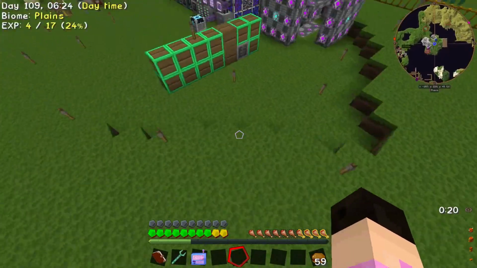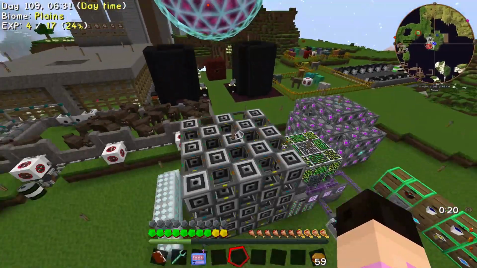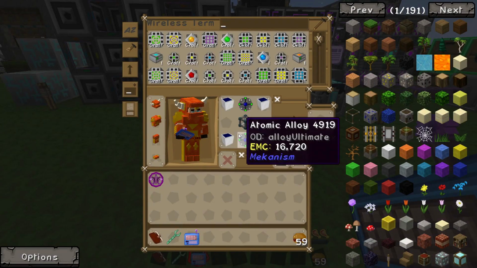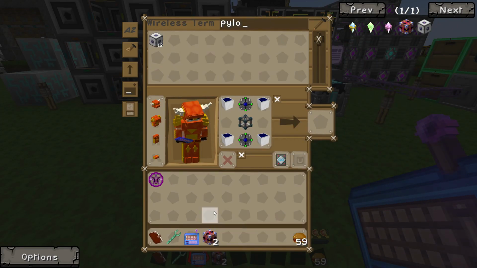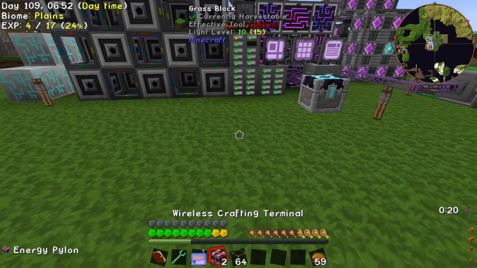Oh well, this is all done. I think what we should do next is hook this up. Because this is now easy, because I looked up how to do it. I read the Draconic tablet, and it's incredibly easy. All we need are our pylons and some glass. And that's literally all we need. So we should be able to put one...